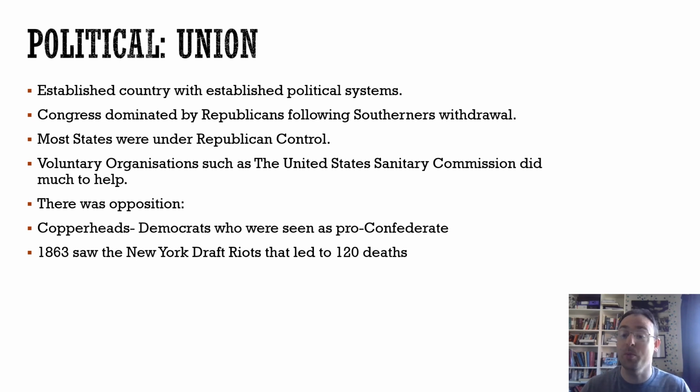character later on. But essentially, apart from him, the senators and the congressmen from the other states that have seceded, they all go. The Republicans dominate, but there is some Northern Democrat presence, so we have a functioning opposition. But Lincoln has in his hands the party system to try and get things done and get things through Congress. Most states in the Union were under Republican control, and again, this gives that party discipline and party lines to help do that. And it means that they're pretty much going to back Lincoln. The few states that end up in Democrat hands don't really cause huge issues for Lincoln.